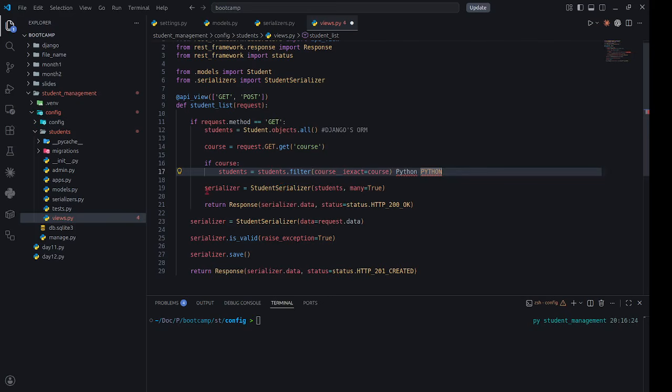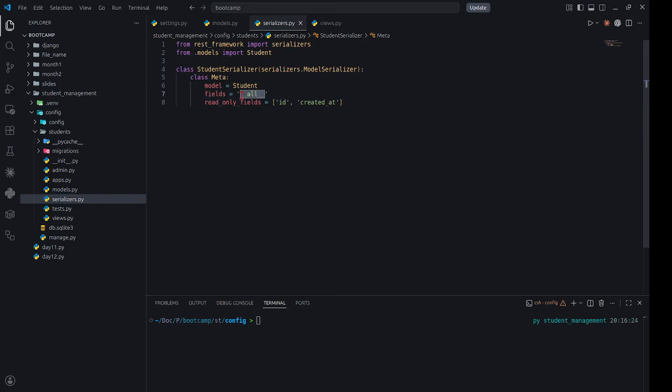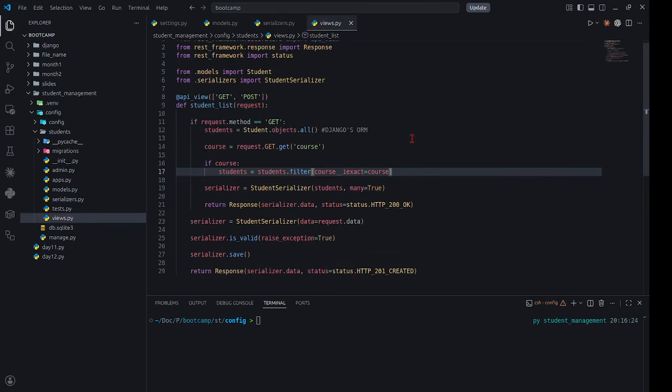So then we serialize our students data, and then we return the response, right? And then with many equals True, because we're serializing multiple student objects, here we're serializing all of them. Even if you name them one by one, as long as you are serializing multiple objects, you're supposed to use many equals True, unless you're only serializing one object,